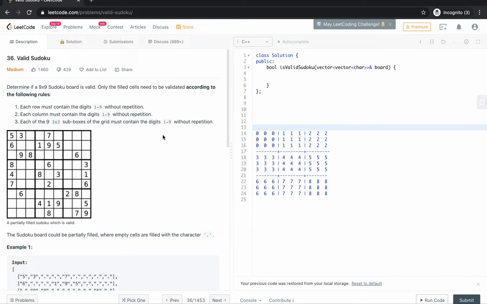Hi folks. Today we'll see a LeetCode problem on valid Sudoku. That is, given a Sudoku grid, we have to determine whether it's a valid Sudoku or not. That is, the numbers shouldn't repeat in rows, columns, or within the same boxes. If it repeats in either the rows, columns, or within the same boxes, we have to return false. Since this is a boolean function, we have to return false. If it is not repeating, we have to return true.